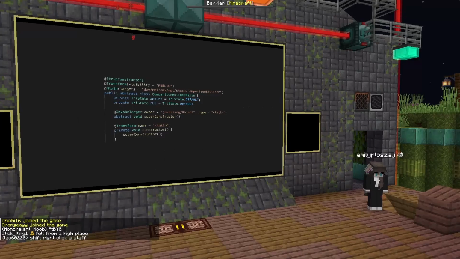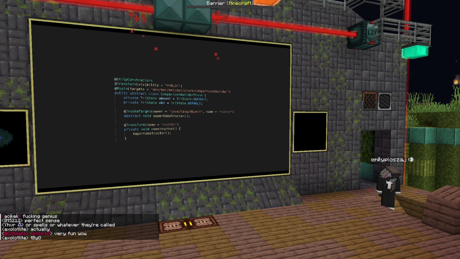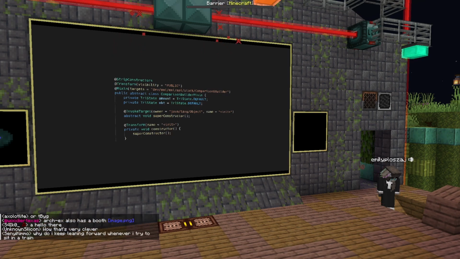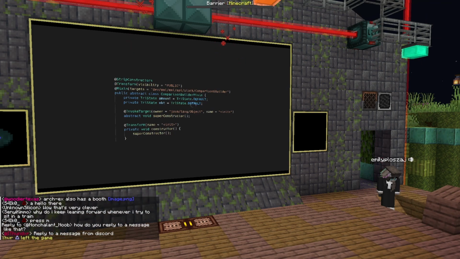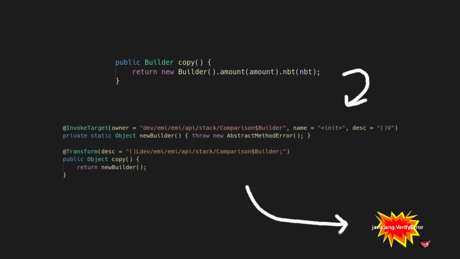We're not done. The comparison class itself had a copy function, which created a new builder. This is a problem, though, because the builder class is now private, and I need to return it. Once again, I'm going to have to use @transform to change the signature of my method. I'll just define it as object, and at runtime, it'll change to be comparison.builder like before. Then I'll need to create a builder using the constructor in the private class that I just removed. This almost seems like a use case for invoke target, but there's a problem.